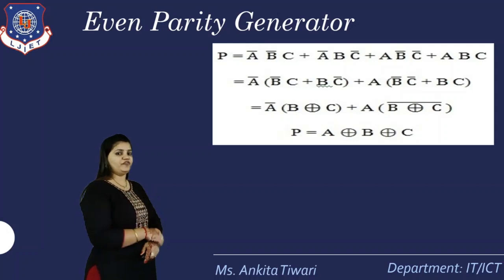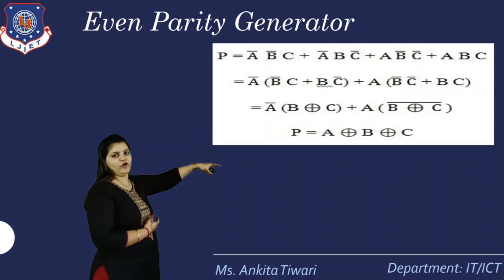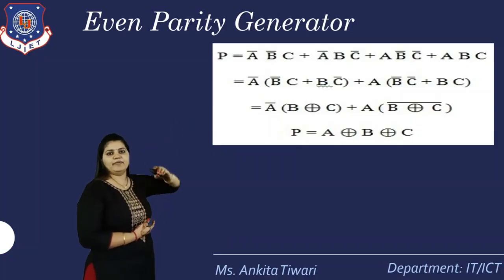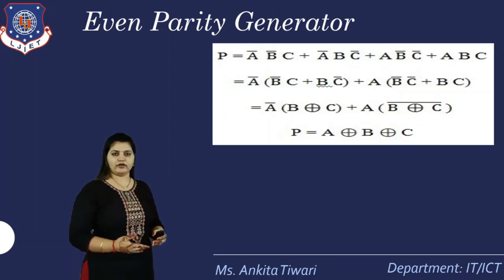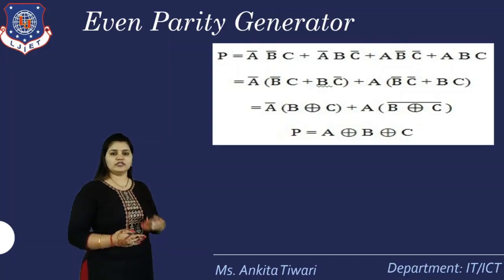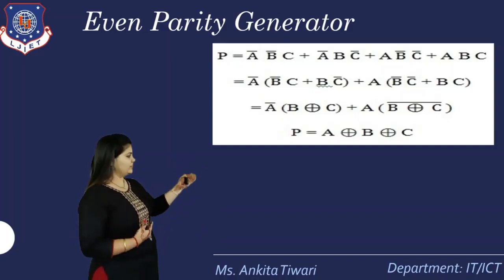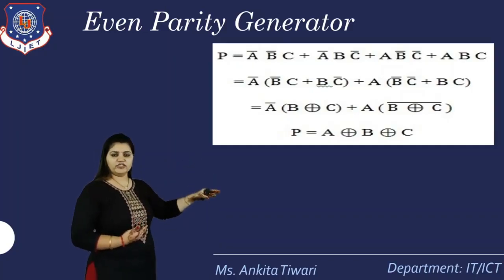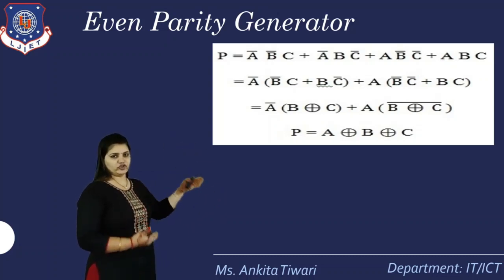So here we'll use the concept of XOR. We'll take that equation itself and put that in XOR form. So A bar is taken common, B bar C plus BC bar, and in the other term A is taken common, B bar C bar plus BC. As you know, B bar C plus BC bar is XOR, but B bar C bar plus BC is the XNOR. So XNOR is what? XOR's complement. So B XOR C whole complement is XNOR. So here we got A bar (B XOR C) and A (B XOR C) whole bar. So we'll get the answer as A XOR B XOR C.